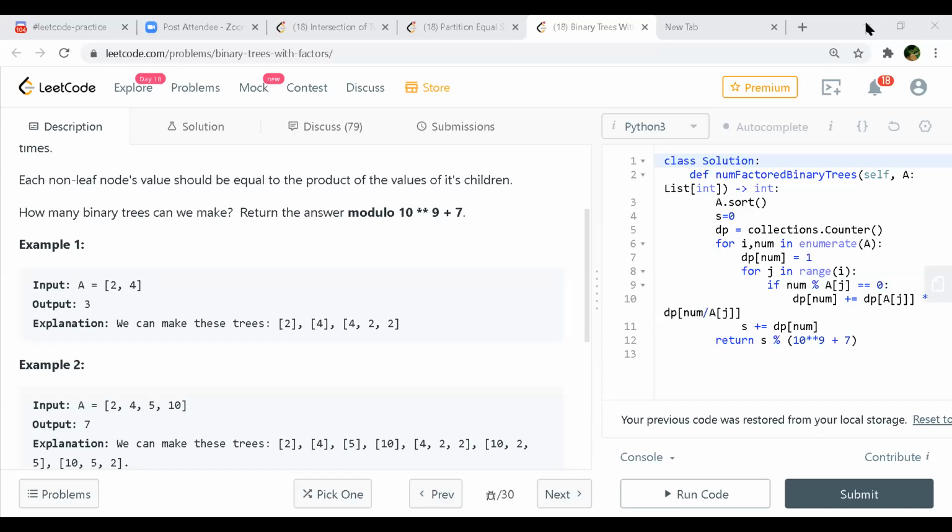I think you will have to sort. That will be better to do. But you still need to find if